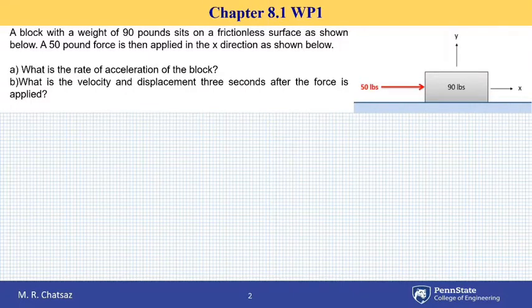Welcome back, everybody. In this example, we have a 90-pound block that is at rest on a frictionless surface as shown. Then a 50-pound force is applied to it horizontally as shown. We're interested in finding the acceleration of the block, and then in the second part of the problem, the question is